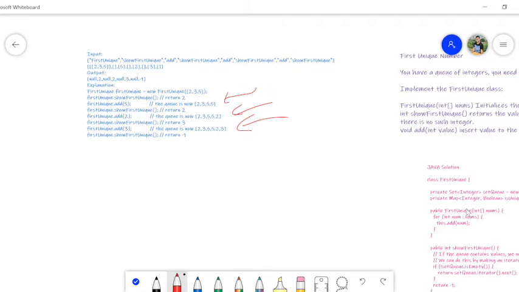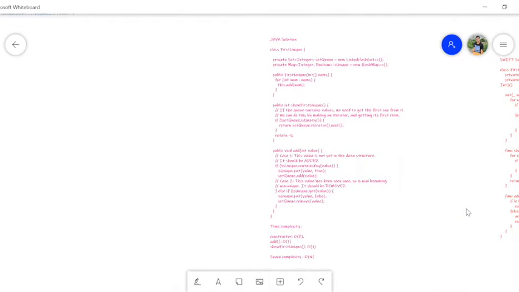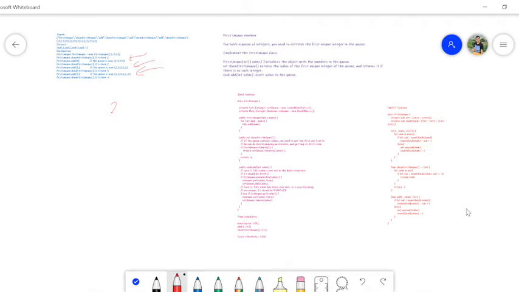Okay, so let me explain the solution and then we can discuss more if required. Let me take an example here also, 2, 3, 5. This is my initial array. So it will call my first unique method, which is this one. Basically in this, I need to call the add API, and in the add API, I will put the elements in both the set and the hash map itself.